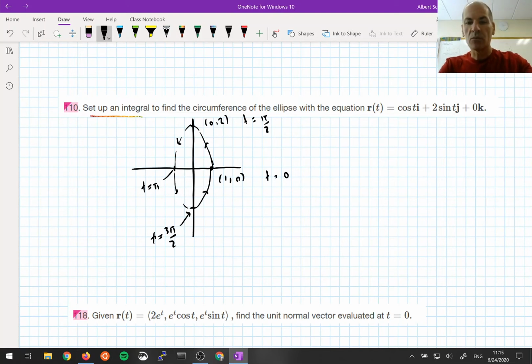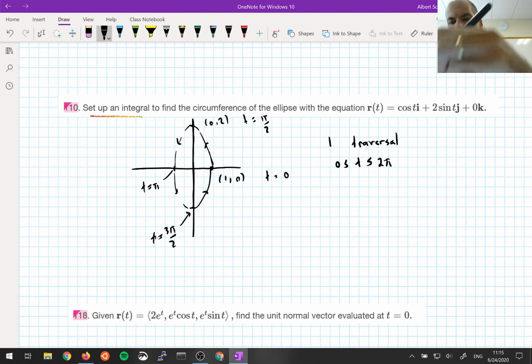You don't want to have too short of a parameter range because then you're not going to have the full circumference. And you certainly don't want to have it too long because then you're going to count parts of the curve twice or more, and that's not good either. So one traversal corresponds to the parameter range 0 less than or equal to t less than or equal to 2 pi. So it's important to figure out what the parameter range is if we're going to compute the correct arc length. All right, so we figured out the parameter range. Let's compute r prime